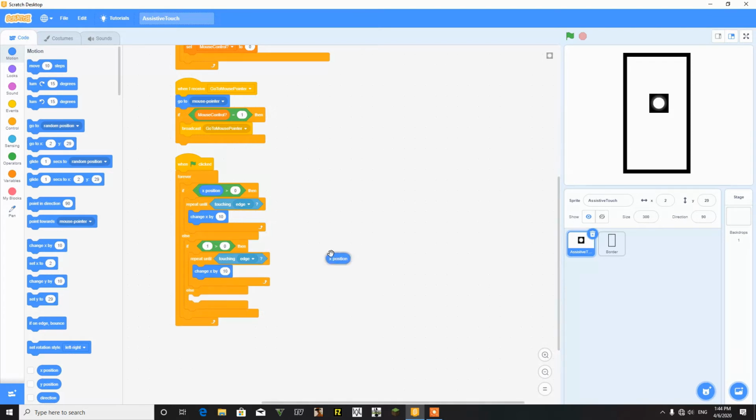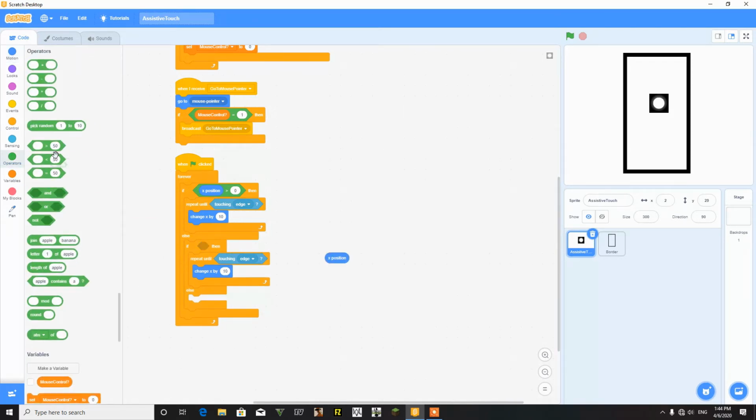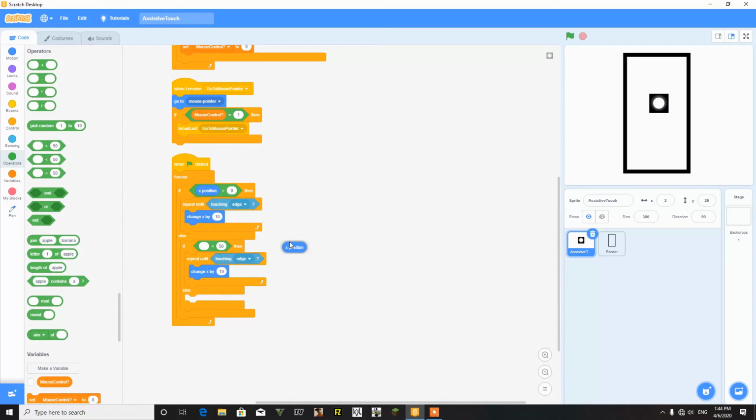If x position is less than 0, then repeat until touching edge, change x by minus 10, or you can decrease the speed to 5 and minus 5.